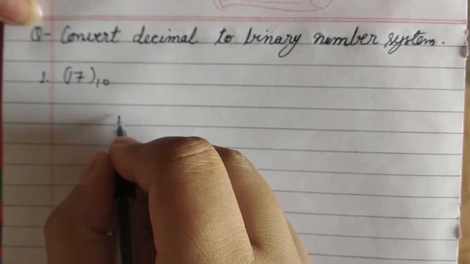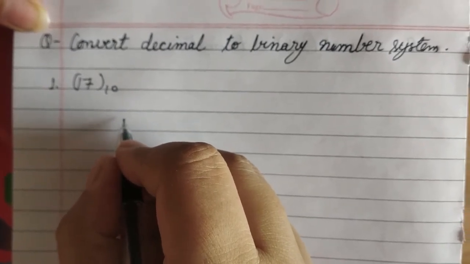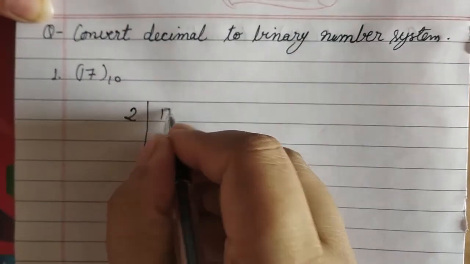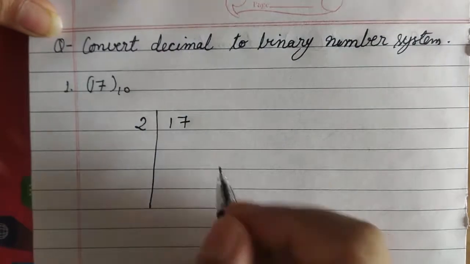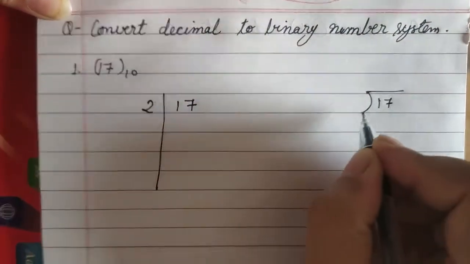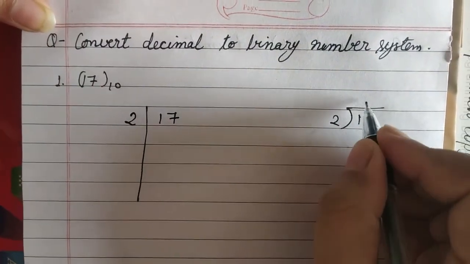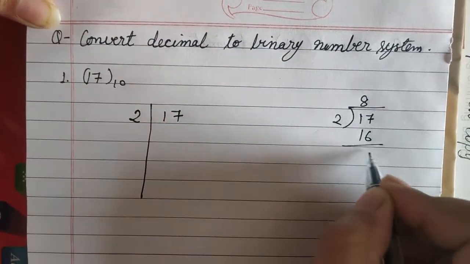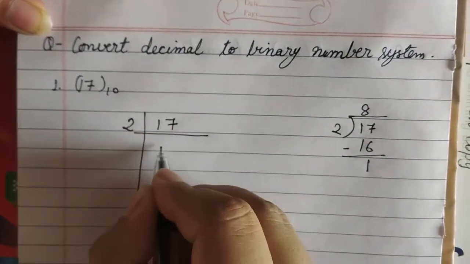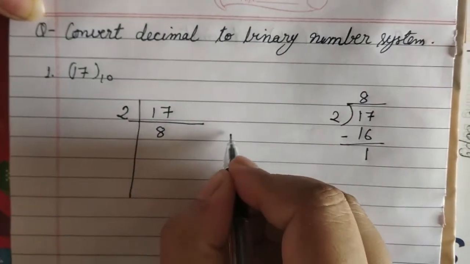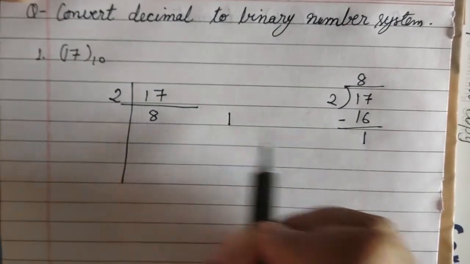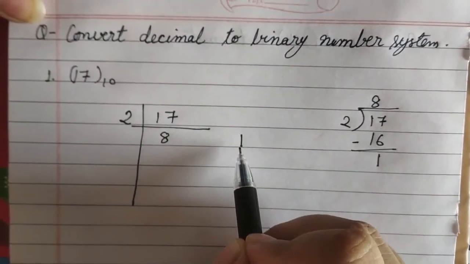If you don't know LCM, then it's very simple. You have to always divide it by 2. Okay. So here we will write 2 and then after that 17. Now divide it. 17 divided by 2. 2 8s are 16. And you can see the remainder is 1. Okay. So here you have to write the quotient 8 and here you have to write the remainder 1. Got it? This 8 you have to write here and this remainder 1 you have to write here.